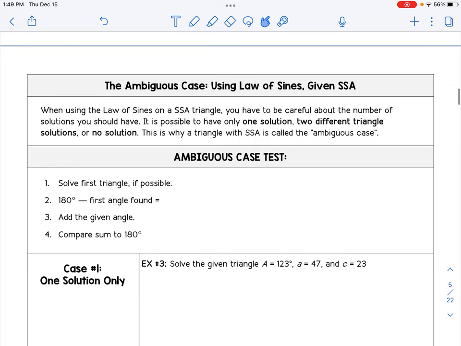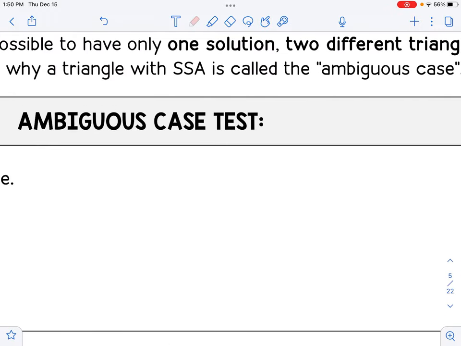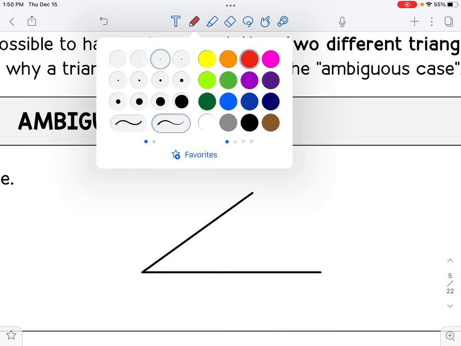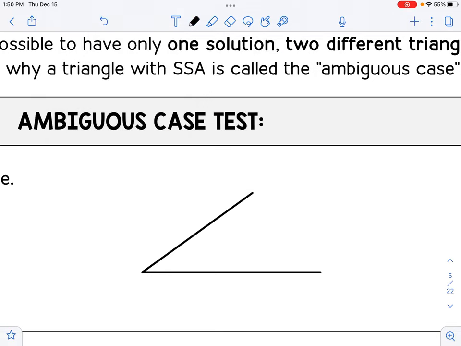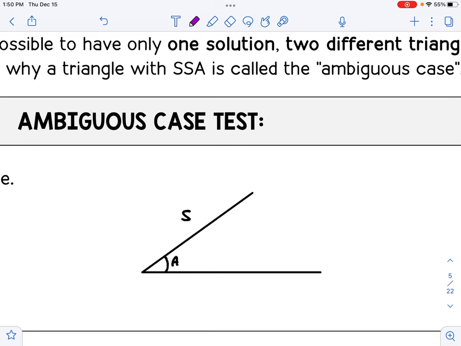There are some other things here about the ambiguous case. That would be angle-side-side. The trouble with that is if you have that scenario, you were probably just told before that you couldn't use that as a similarity or congruency conjecture. And there is a reason. The reason would be that if I have a fixed side here and a fixed angle here, and then my third side, let's say, is this one,